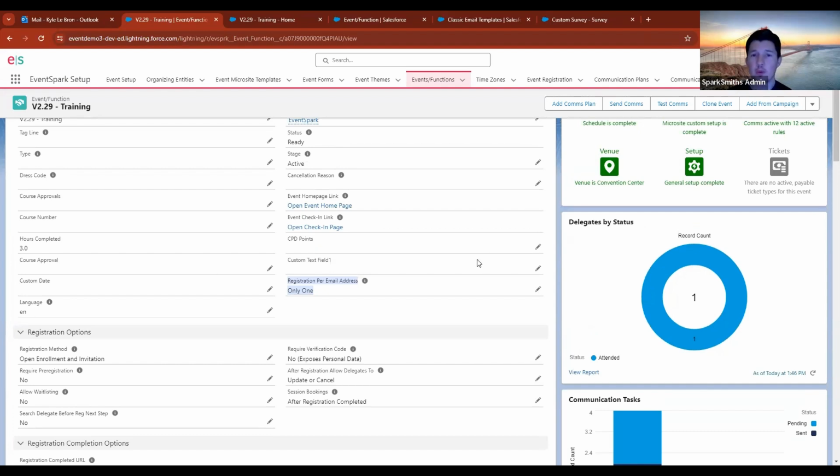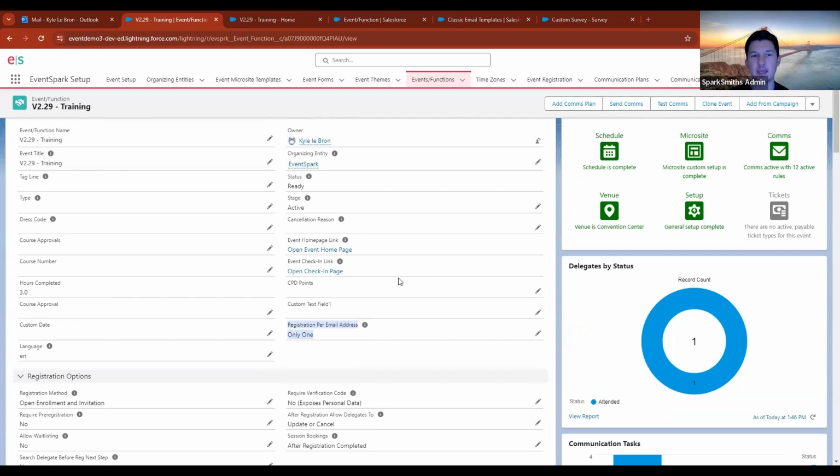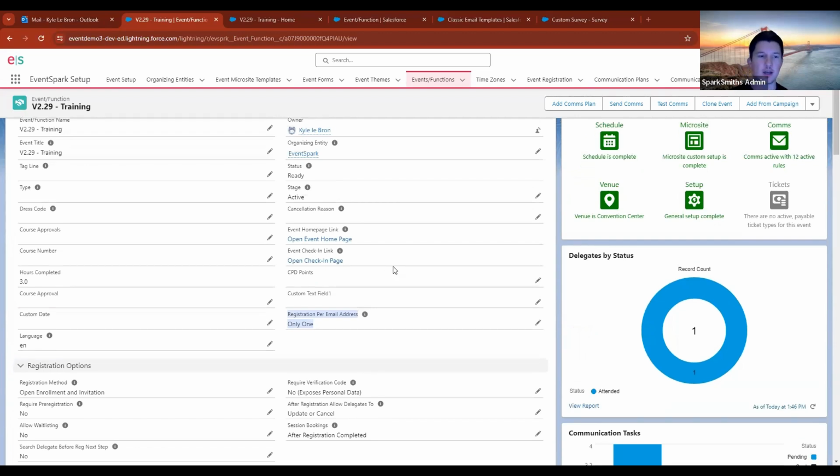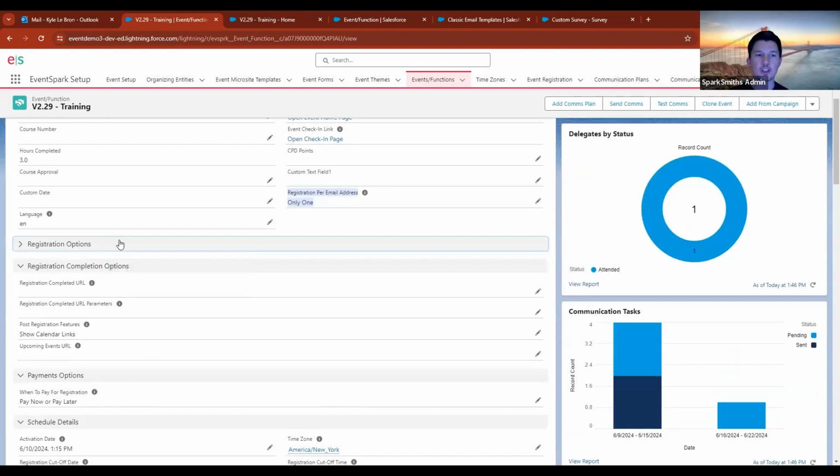Cool. So just before we wrap up, I am just giving a quick look at my functionality just to make sure I've got through everything. And I have missed one thing. This is more of a talk through than it's going to be an actual show and tell. So as of version 2.27,